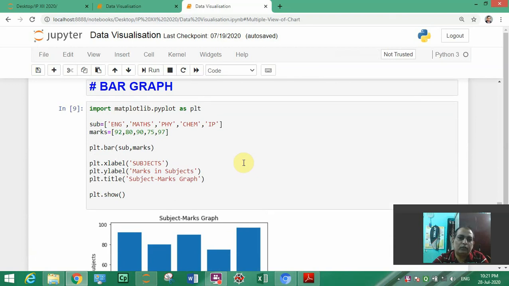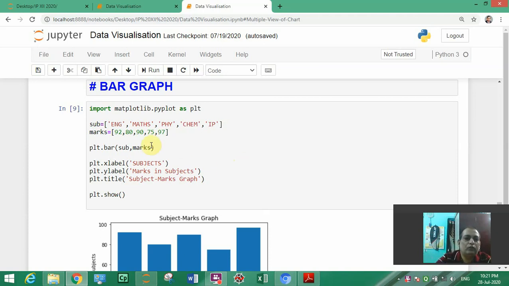So now up to here we have seen that we can create bar graph in simple way. Now we will see some one or two features of this graph, like how to change the color of this bar.